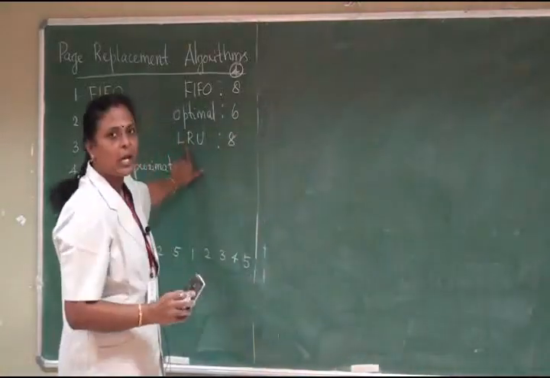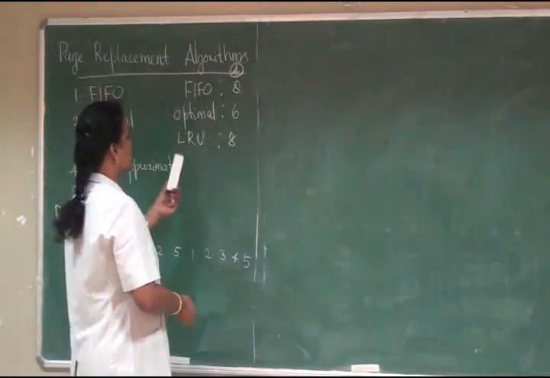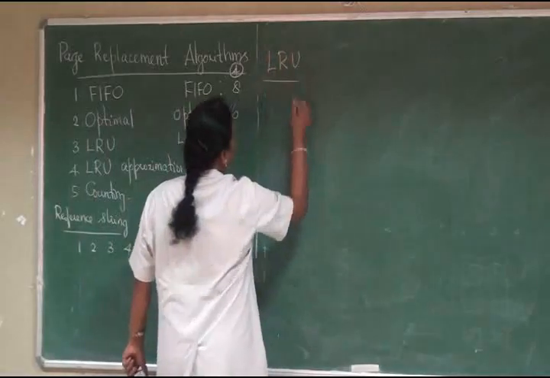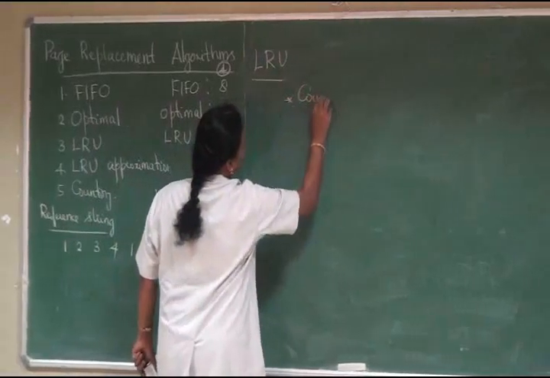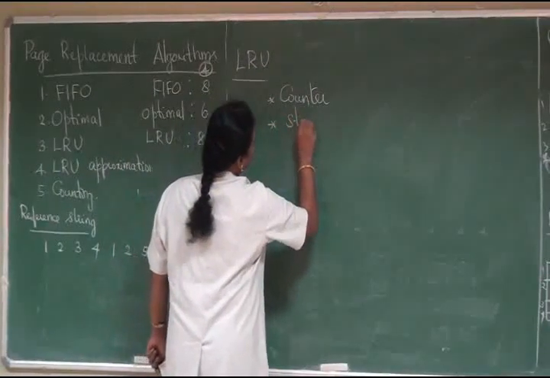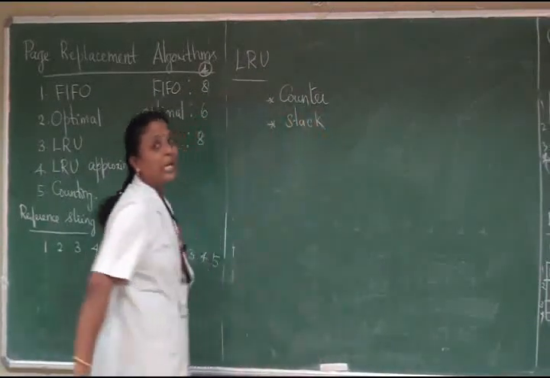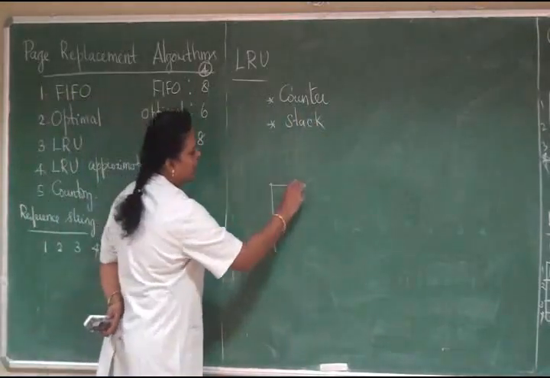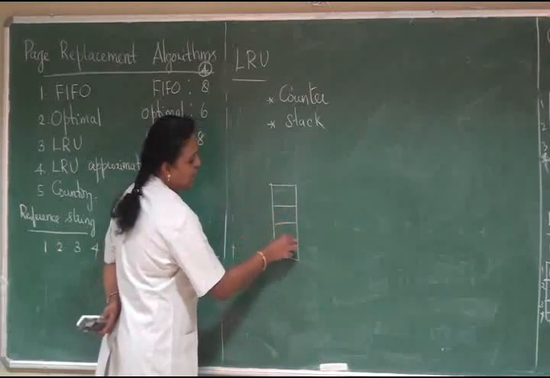So implementing this LRU is very simple. The LRU, least recently used algorithm, can be implemented in 2 ways. One is by using counters, by including counter values, and the next one is by maintaining a stack. So counter means with each and every page table entry or with each and every page,